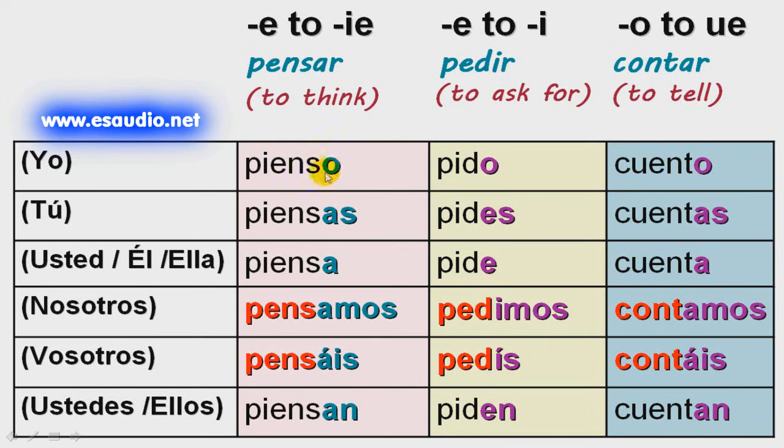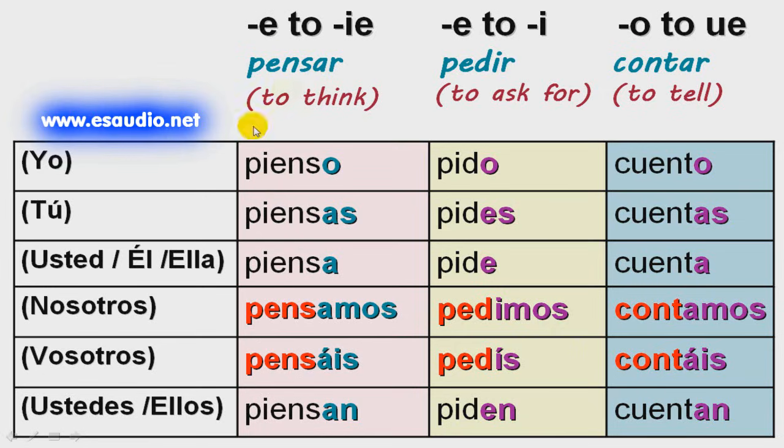So the ending is the regular conjugation, as you conjugate any verb in the present, the same type of endings, but there is also a little change in the stem when you conjugate. And that's what stem changing verbs are all about. It's little changes in the stem when you conjugate these verbs.